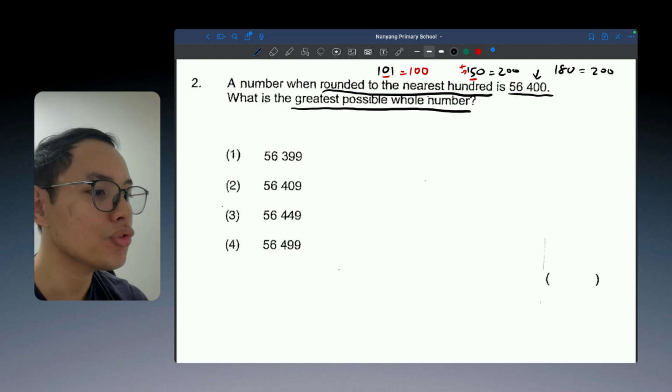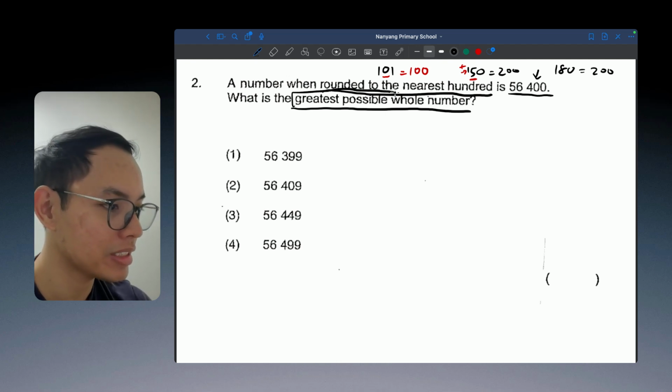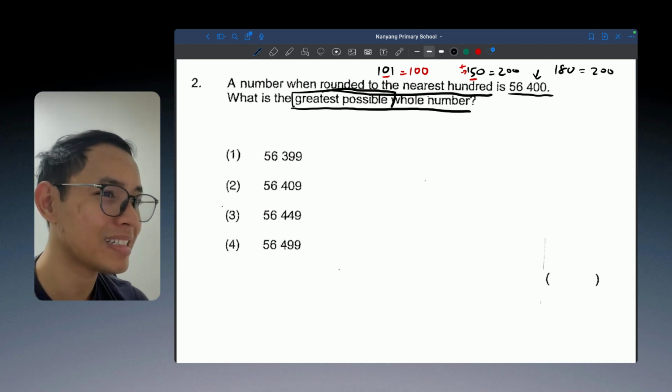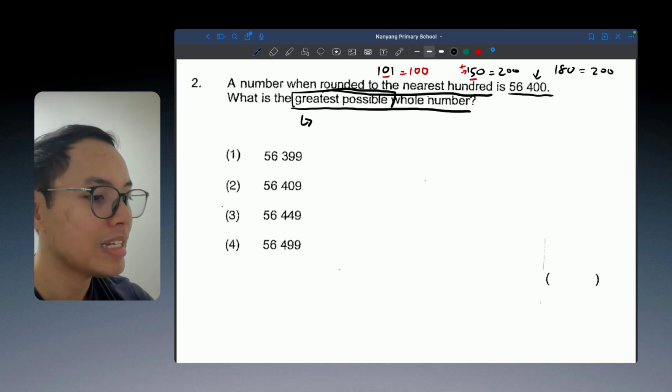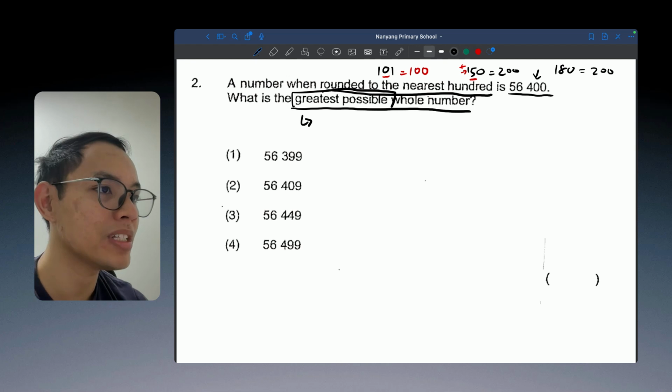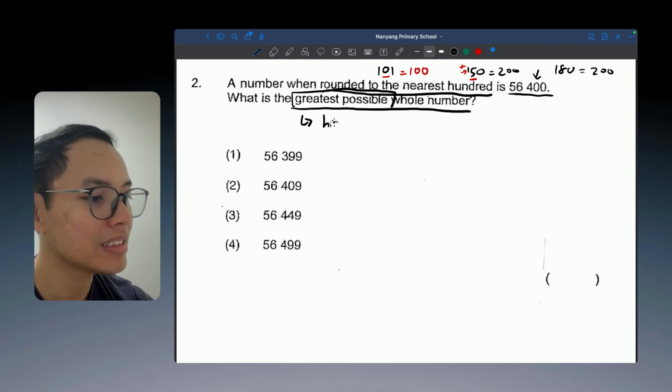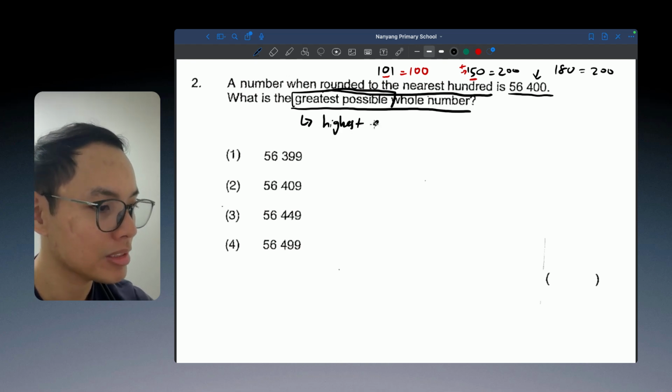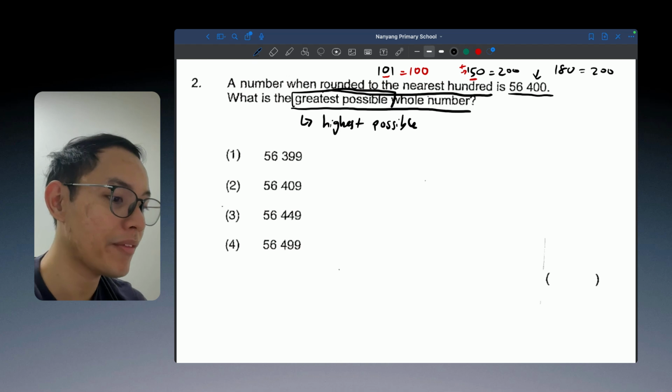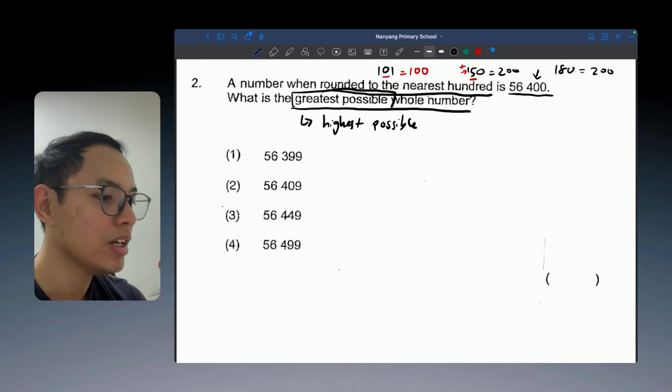All right, so the key words over here are "greatest possible." What is the greatest possible? Another way to say it is, what is the highest possible whole number? Okay, so let's go through every single one of them. So first one, number 1 is